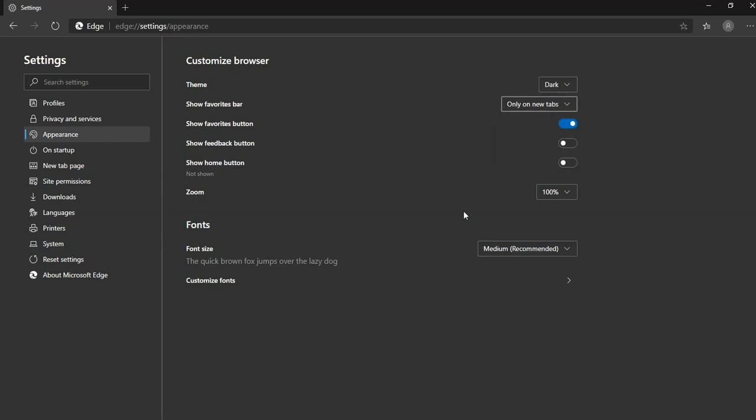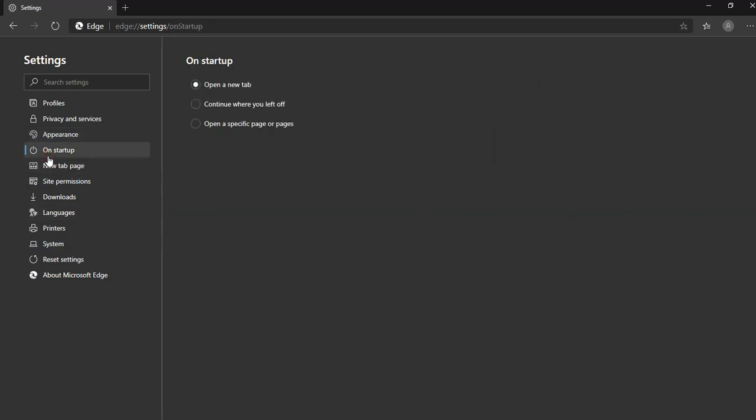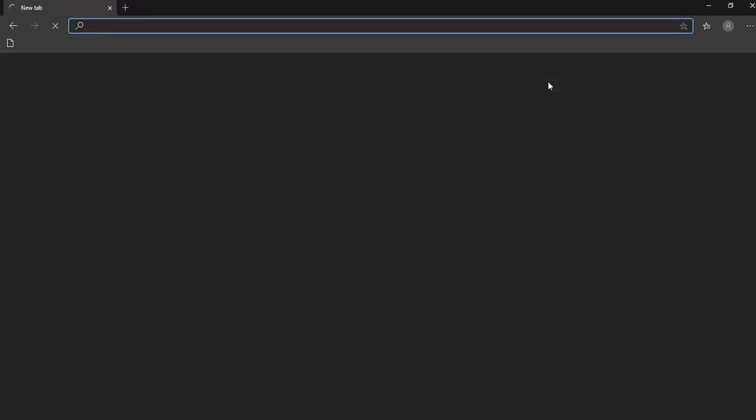Y'all guys have zoom. You can zoom in, zoom out, whatever. Font sizes here. Start up there. You can open a new tab, continue where you left off, or open a specific page or pages there. New tabs page, customize. Your new tabs page, layout, and content. So if you guys hit customize,